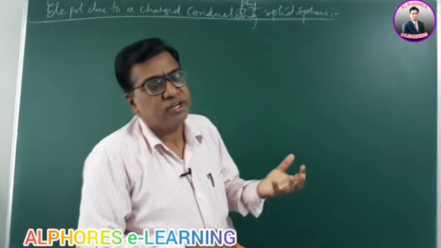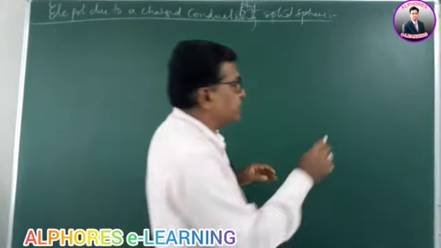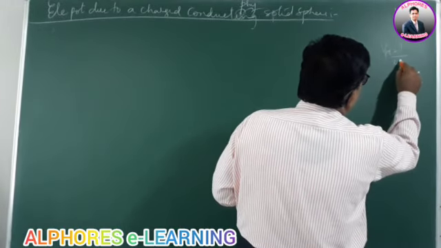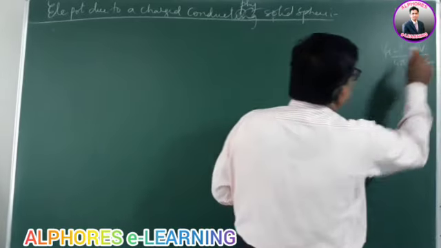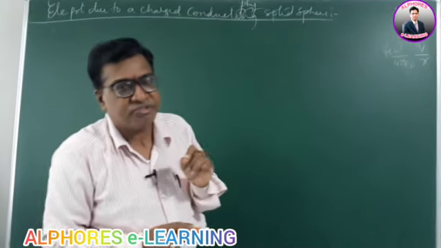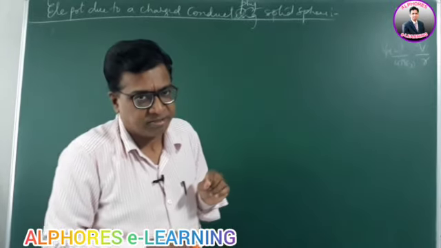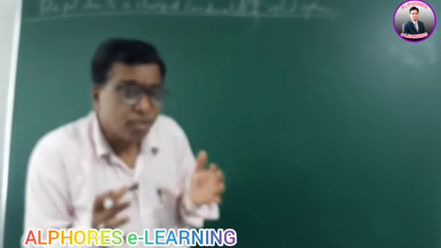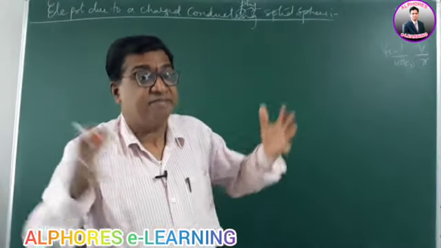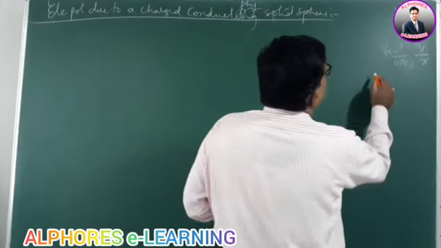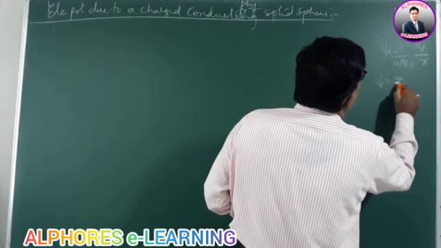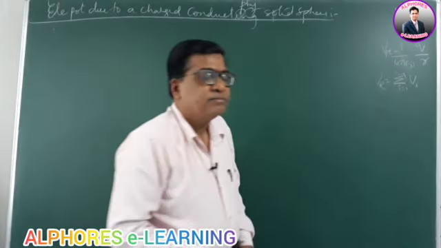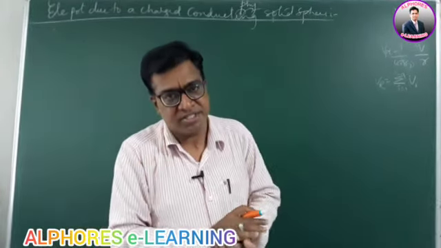Later, using this, we have deduced the formula for the electric potential due to a point charge. Electric potential due to a point charge is equal to 1 by 4 pi epsilon naught Q by R, where Q is the quantity of charge, and R is the distance of the point from the charge. Later, we have learned about the potential due to multiple charges. If there are many charges in the same vicinity, the resultant potential is the algebraic sum of all the individual potentials V1 to Vn. The resultant potential is the sum of all the potentials.